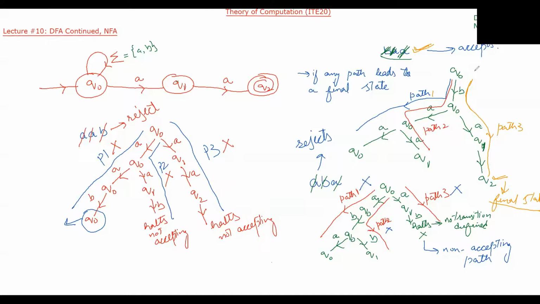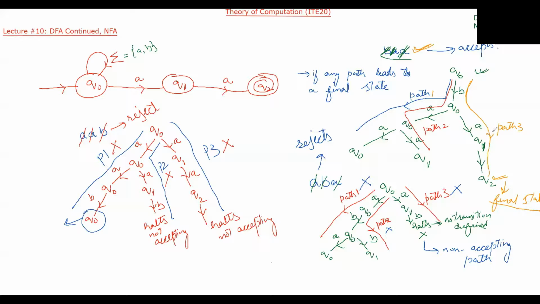For example, in this scenario, if our automata has led to path 1, that means it is a non-accepting path. It will reject the string. But we are saying no, it will take path 3, and path 3 is accepting, and we are saying it will accept this string. So we are making this on this assumption that, yes, there are multiple paths possible, but we will assume that it will always follow path 3, or we can say it will always follow that particular path which leads to a final state. However, if there is no such path possible, then it may lead to any other path.